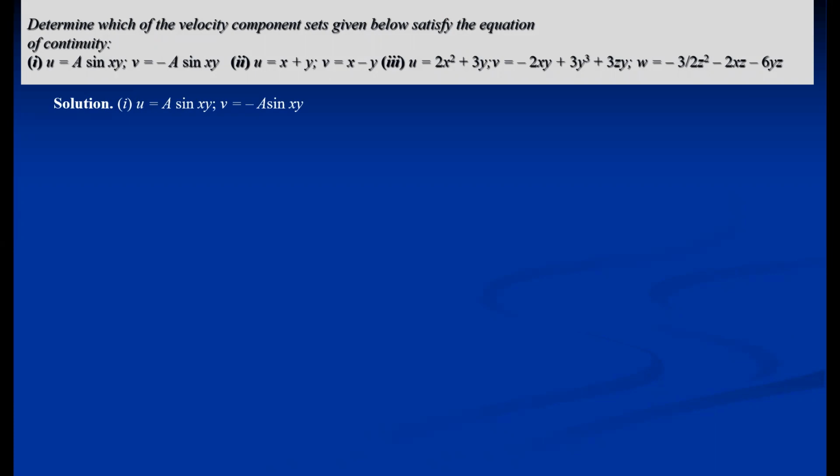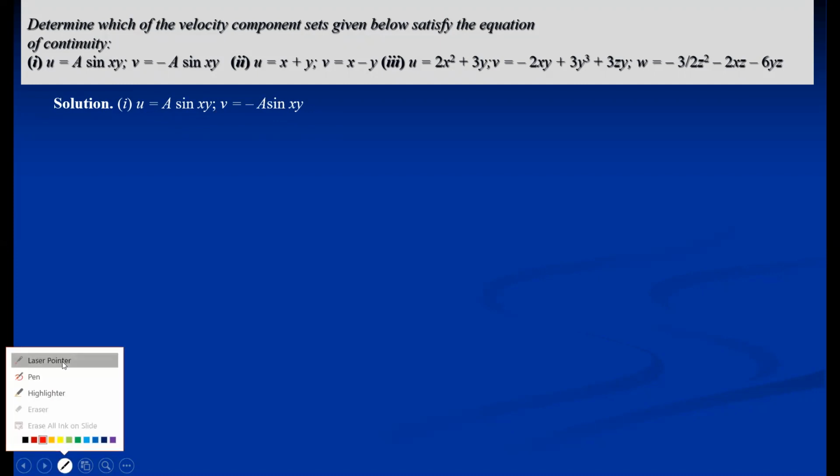From the given velocity field, we can also recognize the type of flow, especially with the help of the mathematical expressions: whether it is one-dimensional, two-dimensional or three-dimensional. In this case, there are two velocity components in the total velocity field, and both are functions of two space coordinates. So the flow is two-dimensional. As time is missing, it does not depend on time, so the flow is steady. We can describe this as a steady two-dimensional flow.